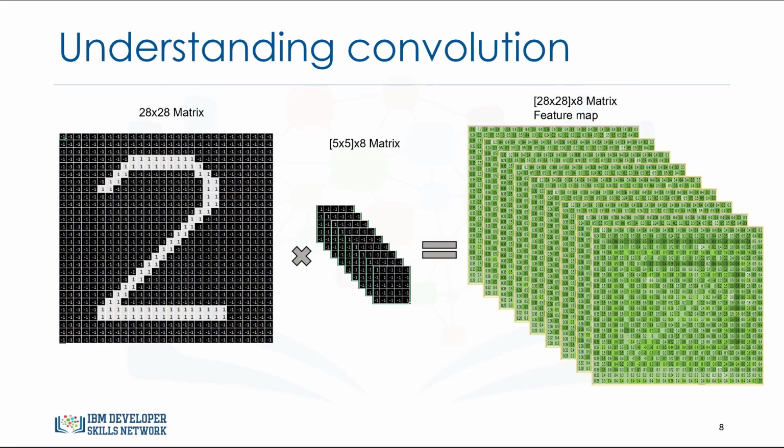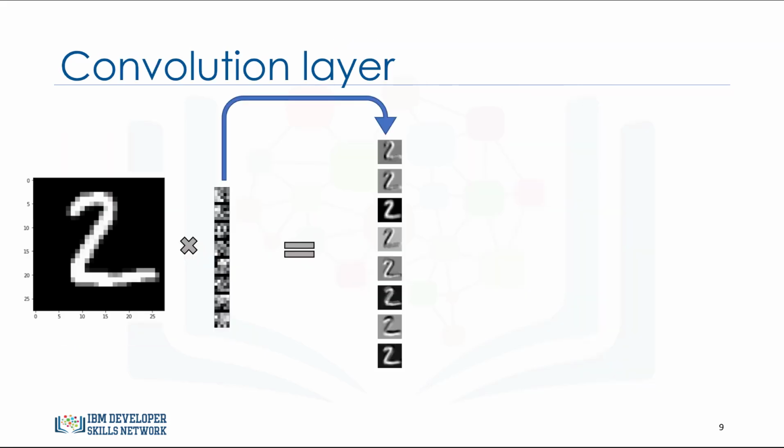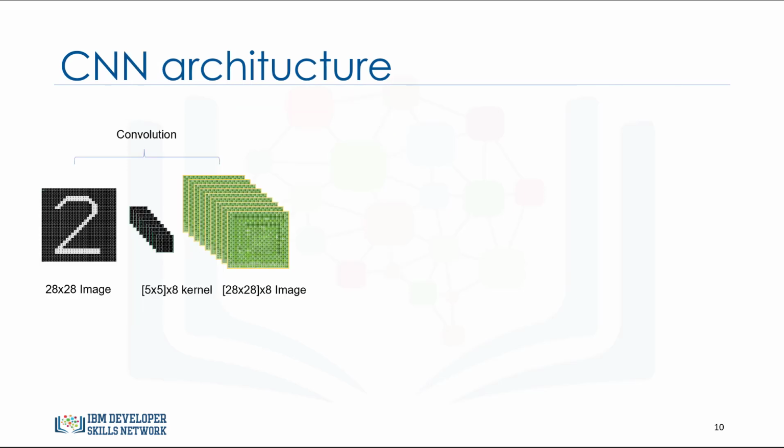At this point, you might be asking yourself, how do I choose or initialize the proper kernels? Well, typically you initialize the kernels with random values, and during the training phase, the values will be updated with optimum values in such a way that the digit is recognized. For example, here is the result of applying 8 different kernels on the digit 2. As you can see, each kernel will recognize a particular pattern in the digit. This is the first layer of convolutional deep learning.